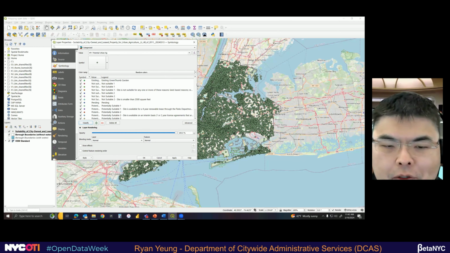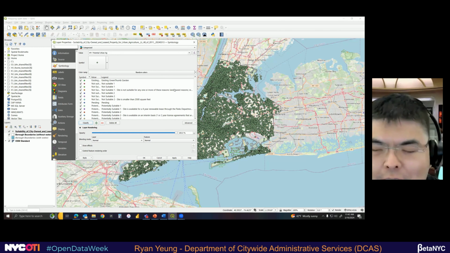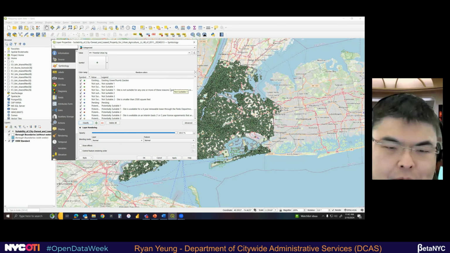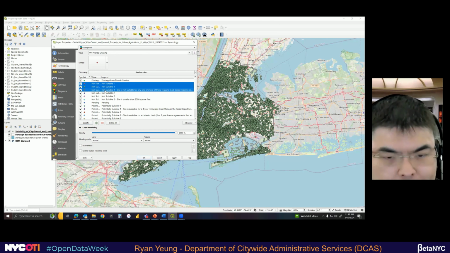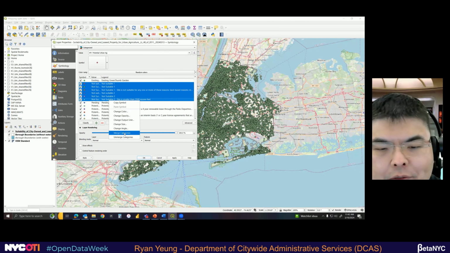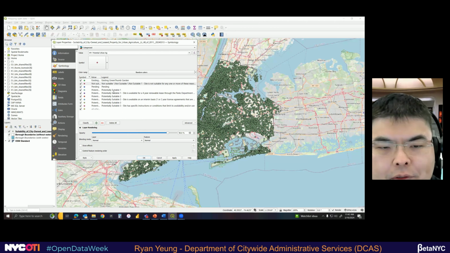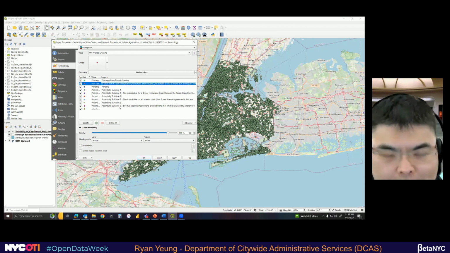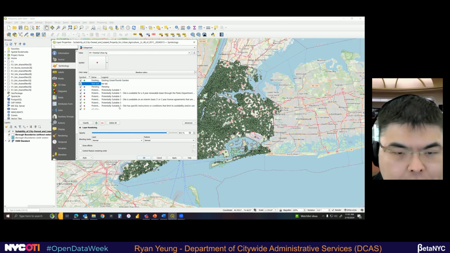Pending is useful. But we probably don't need this gradation in terms of not suitable and potentially suitable. What we can do is we can select all these different not suitables, right click, and select merge categories. And then double click on the legend and call this not suitable.